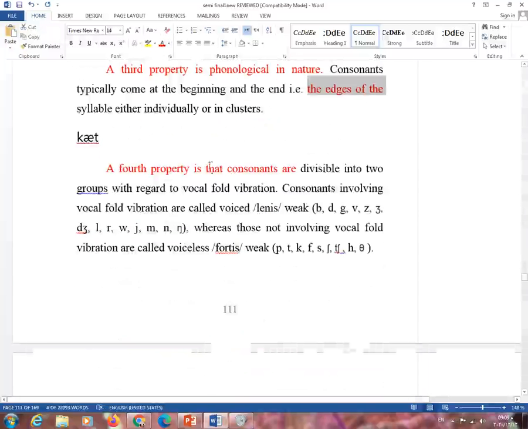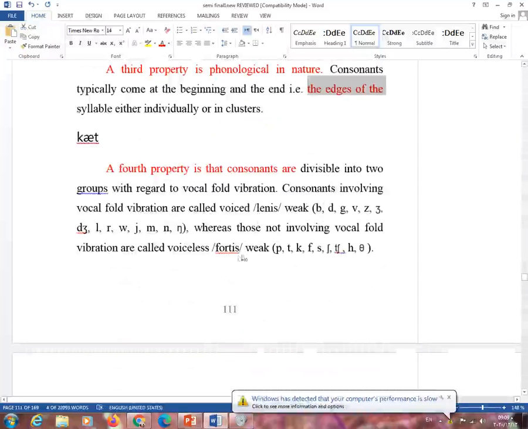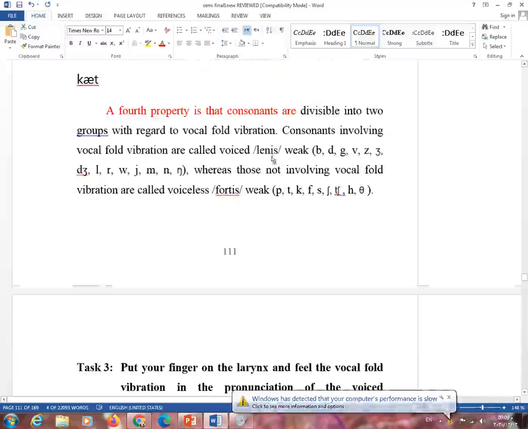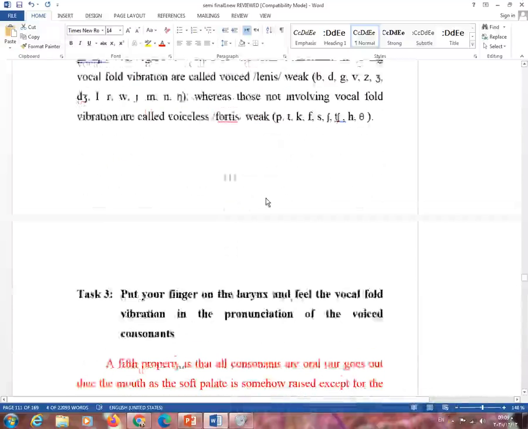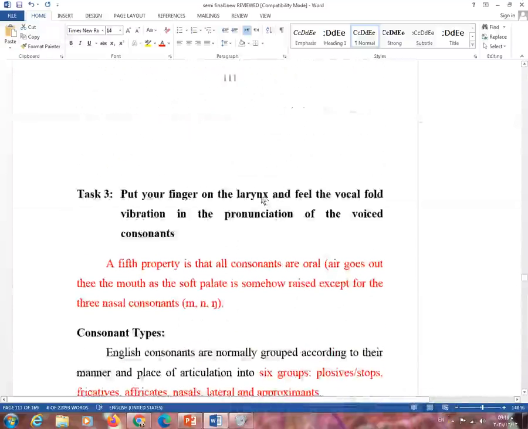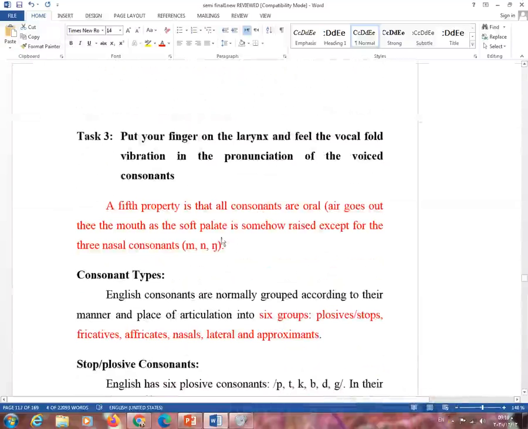And number 4, they are divided into two categories or two groups. One is the voiced consonants, and the second is the voiceless consonants. And voiced consonants are called lenis or weak, and voiceless consonants are called fortis or strong. Okay. Yes, and the fifth property